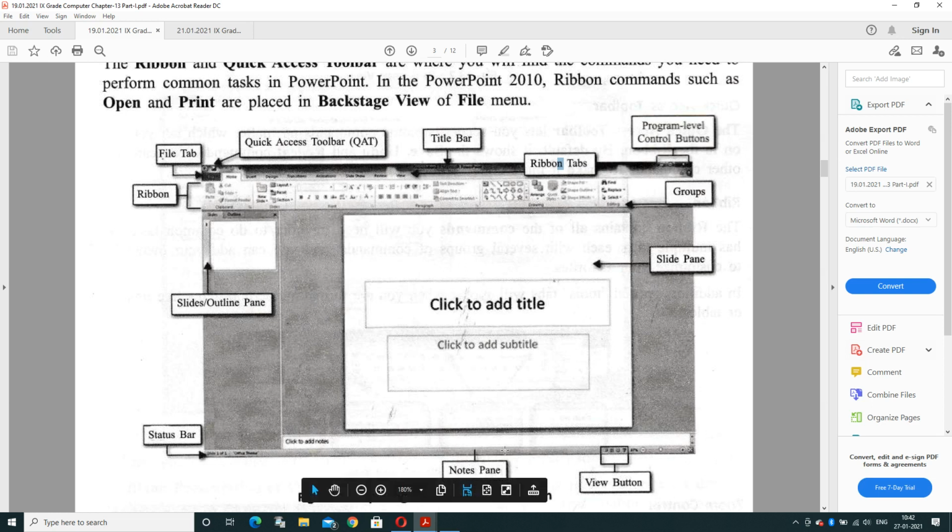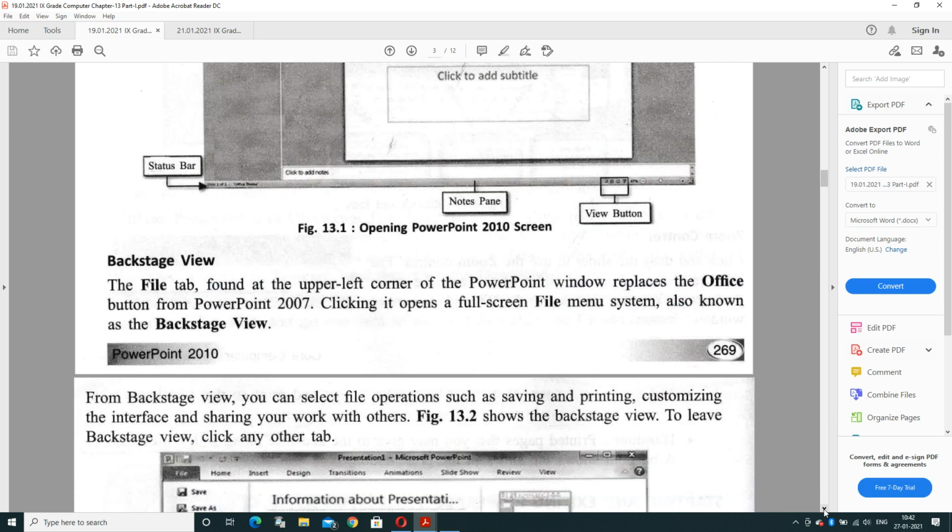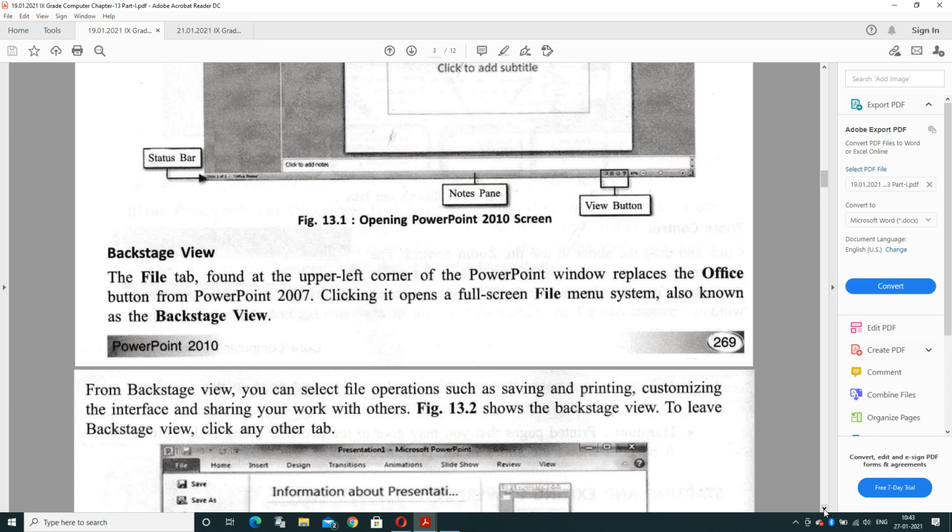And the notes pane provides notes that are written by a user at the time of making slides. Now, what is backstage view? Backstage view is the view found at the upper left corner of your PowerPoint, and it replaces the Office button from PowerPoint 2007.